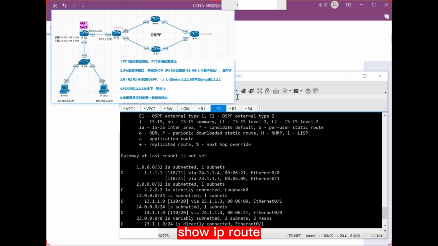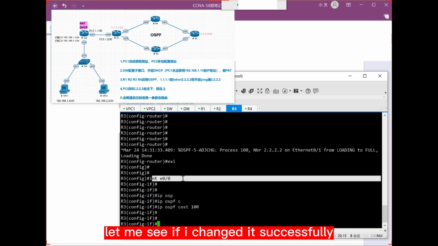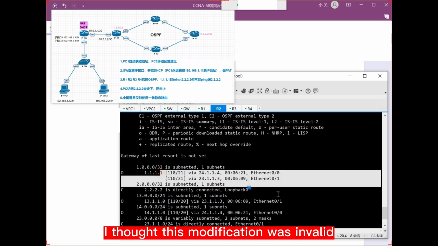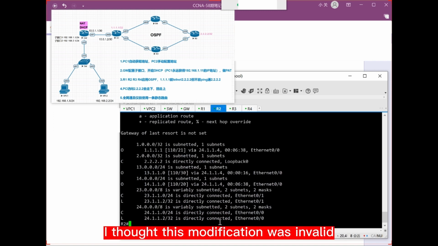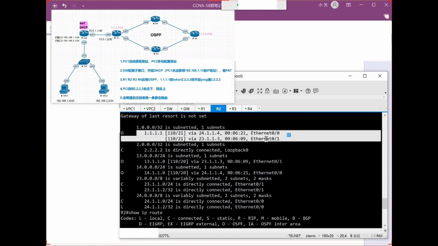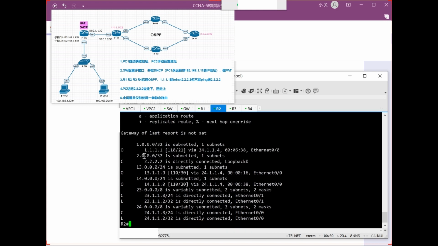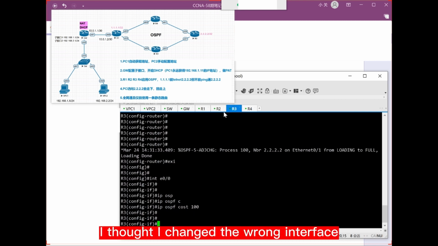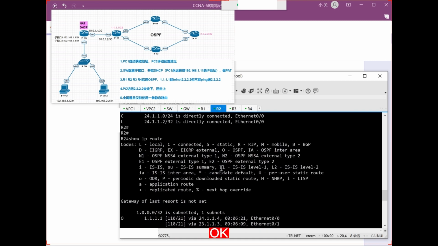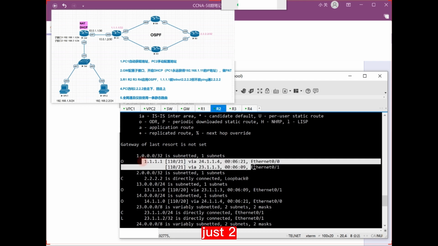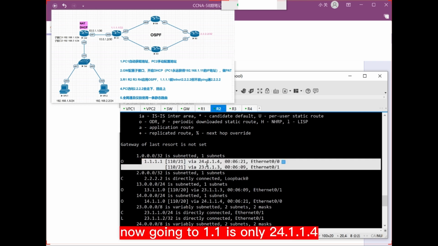Then we go to R2 to see the route to R1. Show IP route. Let me see if I changed it successfully. Haha, scared me. I thought this modification was invalid. For now, 1.1 is 2. Refresh it again. 1.1 becomes 1 entry. I thought I changed the wrong interface. Okay, not wrong. It takes time for it to work. Now going to 1.1 is only